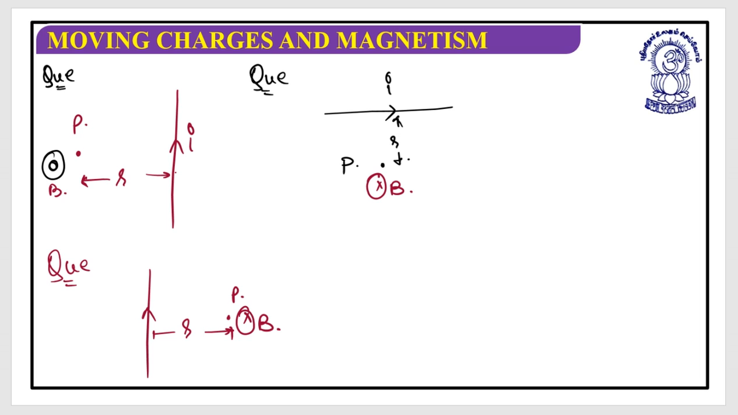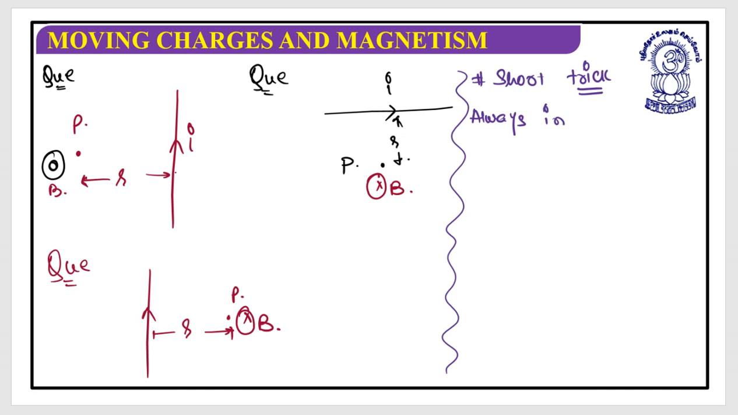Yes, you can use another shortcut. Basically, this is not a trick, there is no logic behind it. It's a short trick only. So, how can you use this? Let's understand it. Always imagine your conductor as a circular loop